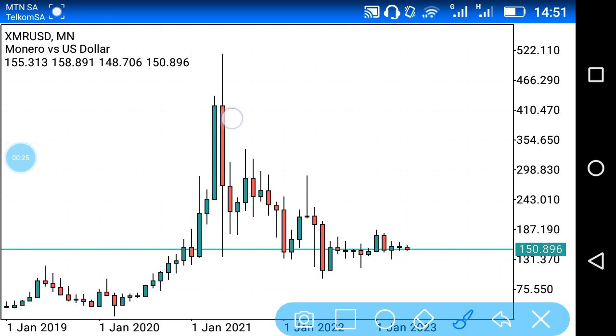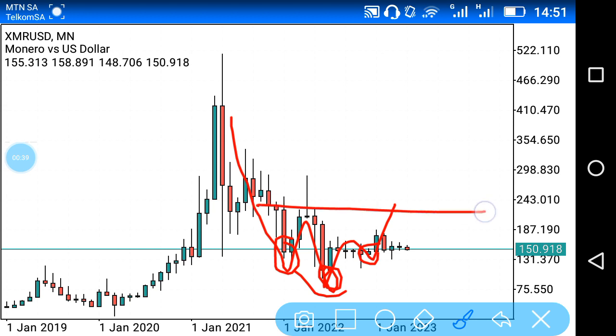Number one, we have this inverted head and shoulders pattern, as you guys can see, which has the left shoulder on the side, this is the head over here, and we have the right shoulder on the side over here, right? This pattern also has a neckline more or less at that level. What might potentially happen is we may see the market move further up to where we have the neckline, and at the neckline move further down, because